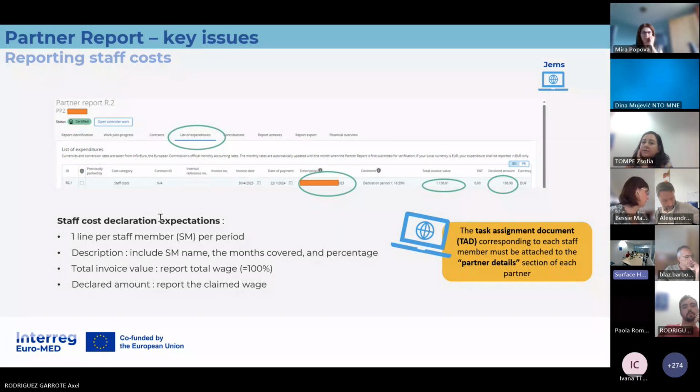Location of documents refers to where in your office you have all the documents, the original versions. It can be your office or it can be the office of your accounting company. It depends on you, but we have to know where the original documents are in case we want to do an on-the-spot visit control. So you should provide this information only for this purpose: where you have the original documents.